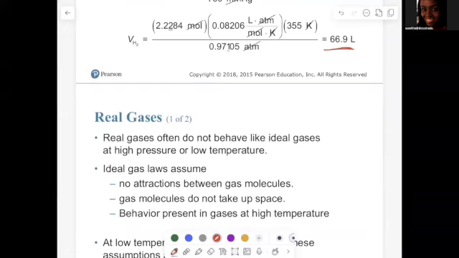Okay, so we just saw how ideal gases behave. Now we're looking at real gases. Now we're told that